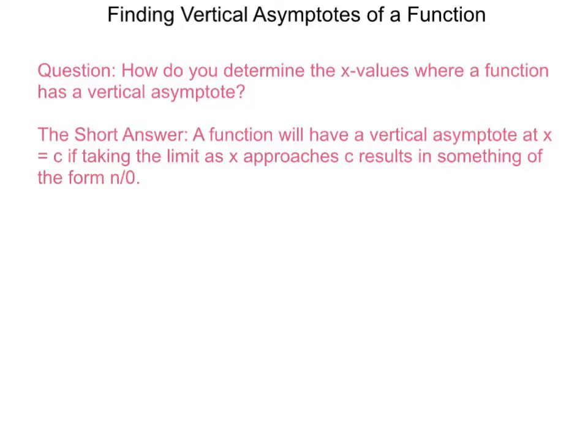The next question for us to consider is, how do we go about finding the x values where a function has a vertical asymptote? The short answer is that a function will have a vertical asymptote at x equals c if, when you take the limit as x approaches c, you get something like n over 0. So if you get 3 over 0, or 5 over 0, any non-zero number over 0, if you can find a limit that results in that, we're going to end up with